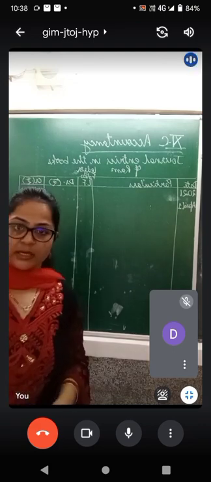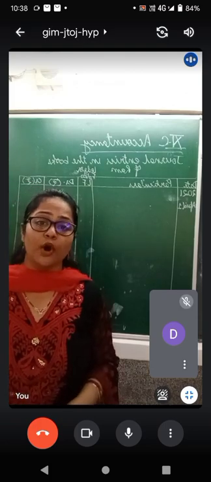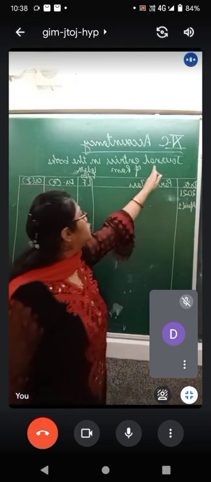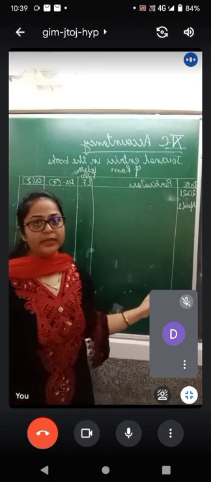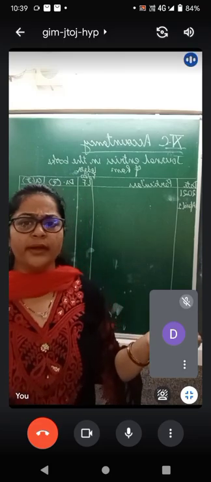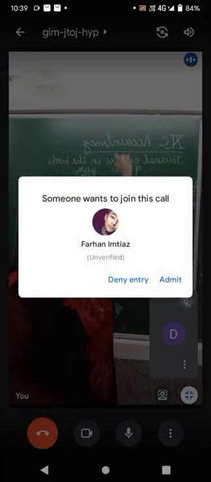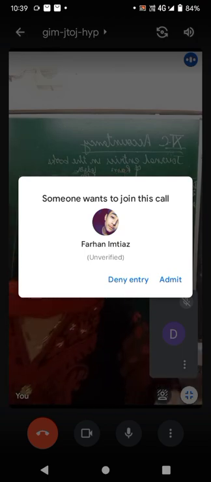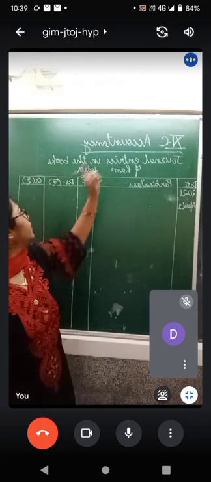And on top of it, since the question says journalize the following transactions in the books of Ram, you write journal entries in the books of Ram, and after that you will make these columns. If you have not written the line on top, you can simply use the little space in the middle of the heading, you can quickly use that line to write this journal entries in the books of Ram.